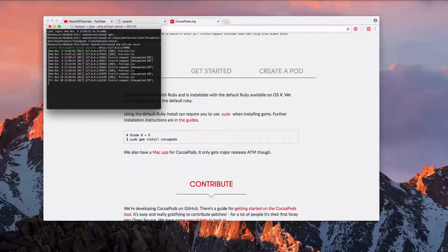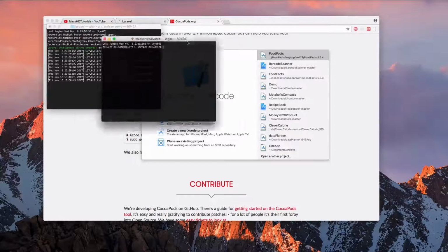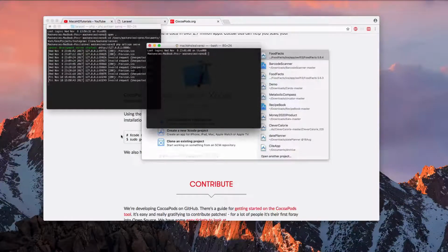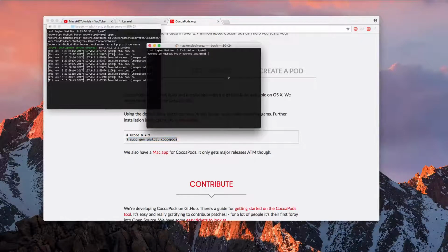And if you have a server open, the server is going to open, but just go to the top bar. Let's go to terminal, top bar, and click new window. All right, sweet. Now that we have a new window, all we have to do is copy and paste this one line of code into your terminal, put it right there, press enter, and you should be ready to go